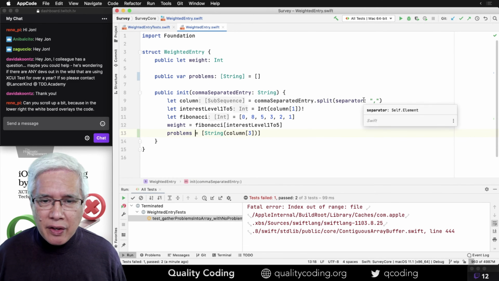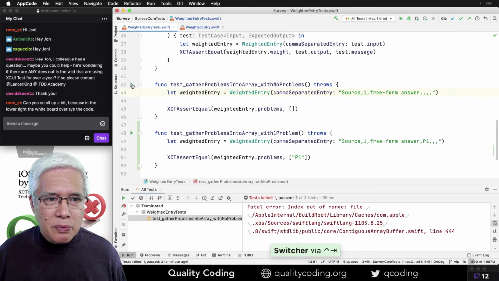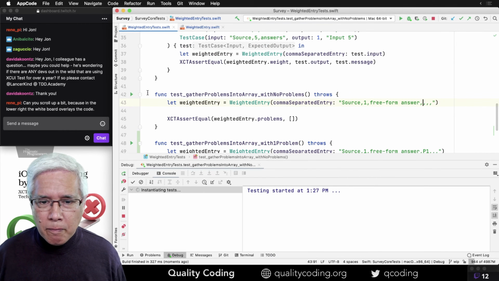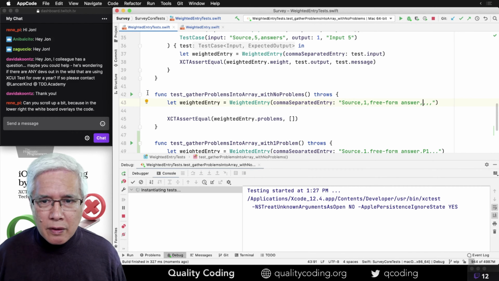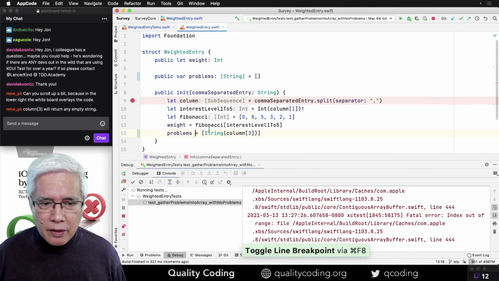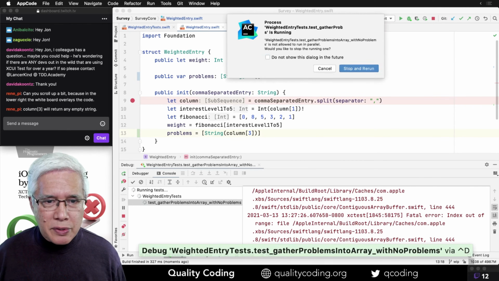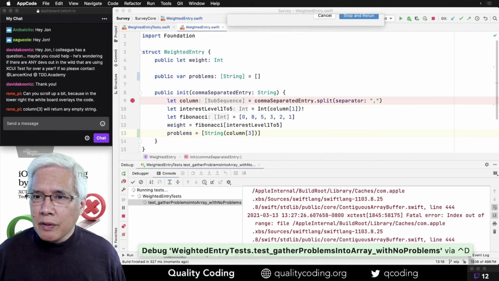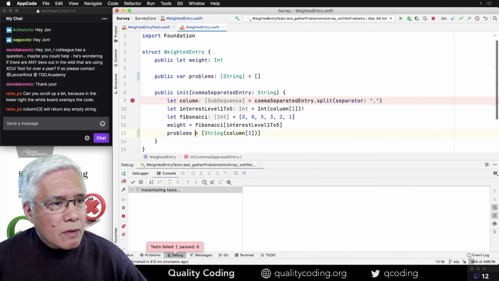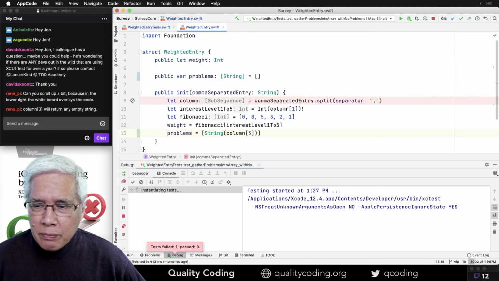Let's see what we have. Let's just run this one test by itself. And let me set a breakpoint so I can see what's going on a little better. Column 3 will return an empty string.